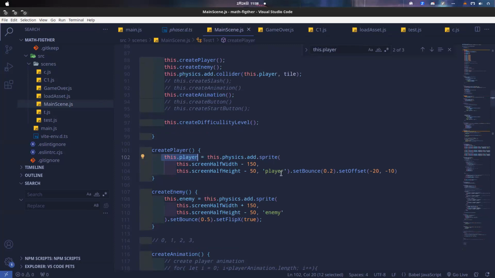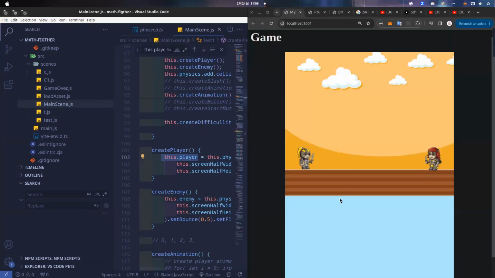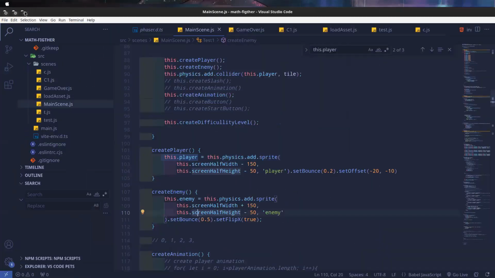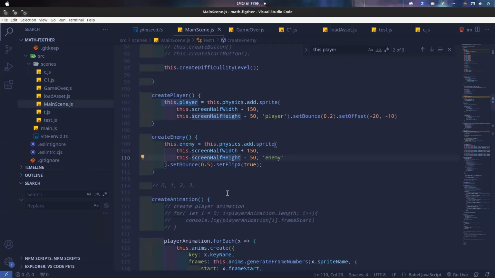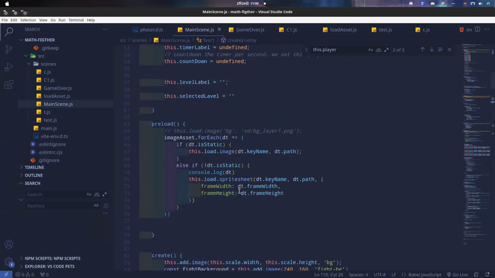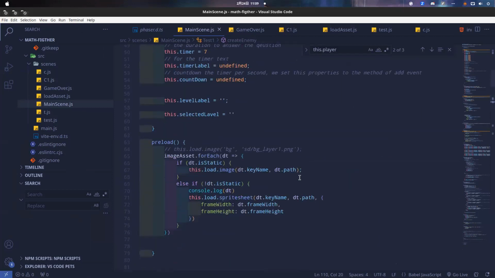That's why if we go back to this one, I have a player and also enemy tree. Maybe before we start to understand this, you have to understand how to load the asset. When you want to load the asset, there are two types of assets in games, especially in 2D games in Phaser.